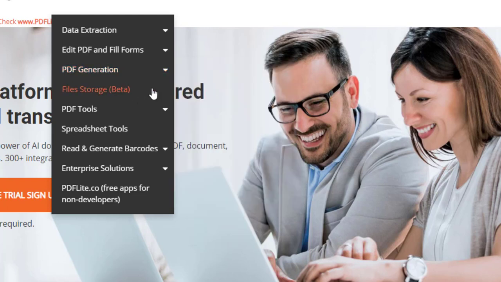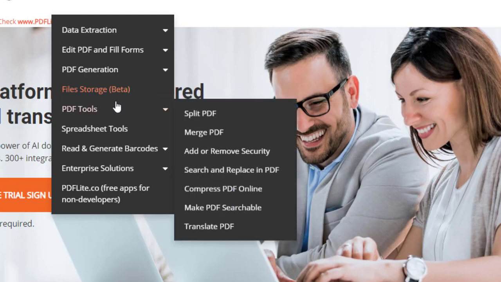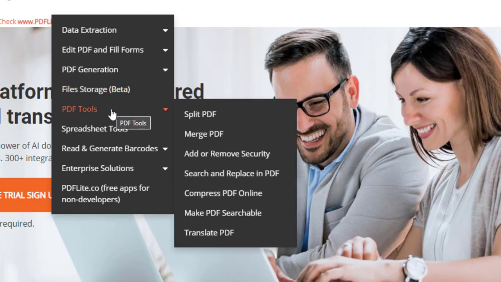It provides file storage services. It is in the beta, but if you have any file and you want to store it on the PDF.co cloud, then you can certainly do so. It provides various PDF related tools, such as if you want to split PDF, merge PDF, or add or remove protection from the PDF.